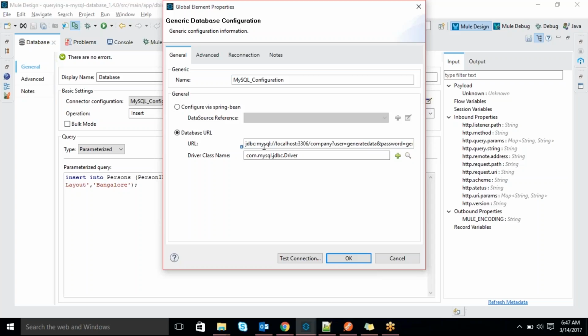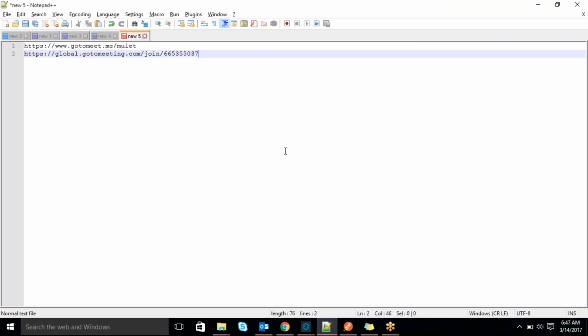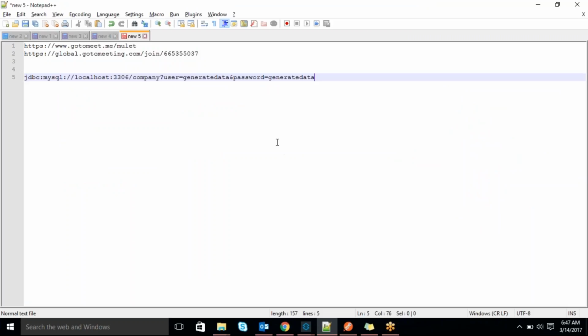The database URL looks almost like Java. Just like how we enter it in Java, it's the same way here. Here I'm using the type 4 driver, which is nothing but MySQL. This is the host name, this is the driver name, JDBC MySQL, and then localhost, which is nothing but a remote address.